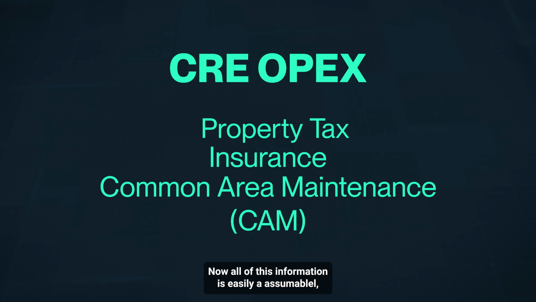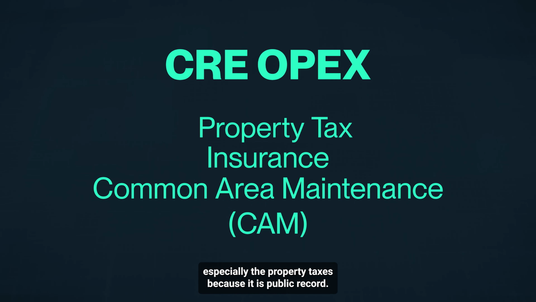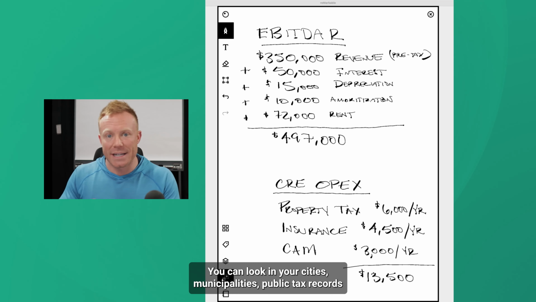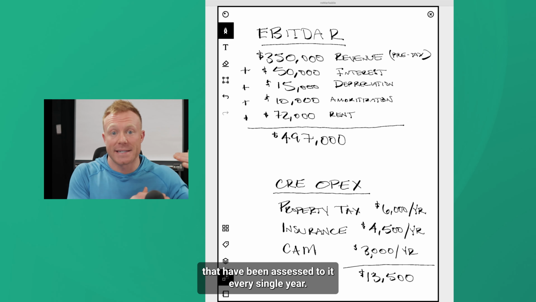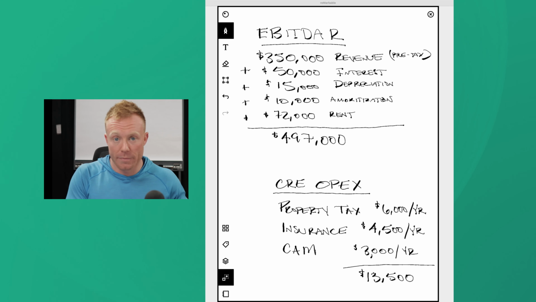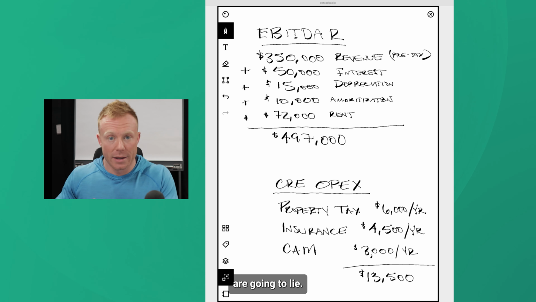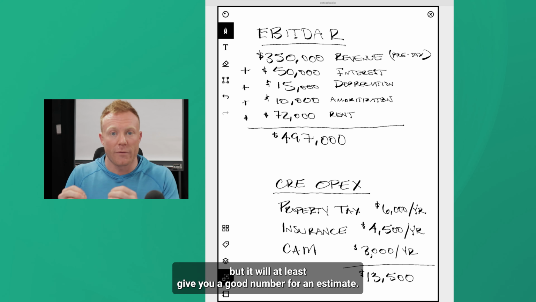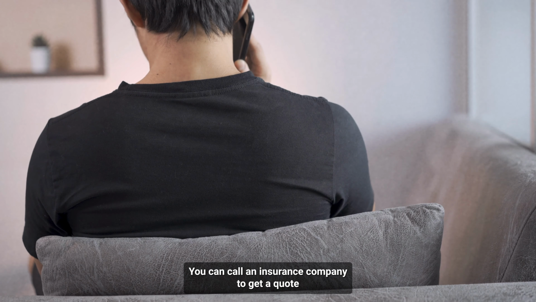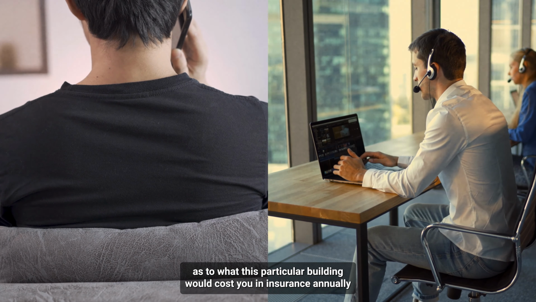Now, all of this information is easily assumable, especially the property taxes, because it is public record. You can look in your city's municipality's public tax records and pull up any parcel and show what the property taxes that have been assessed to it every single year. So that's going to give you a great guess as to where your property taxes are going to lie. Generally, they're going to steadily creep up over time, but it'll at least give you a good number for an estimate. You can call an insurance company to get a quote as to what this particular building would cost you in insurance annually, and then